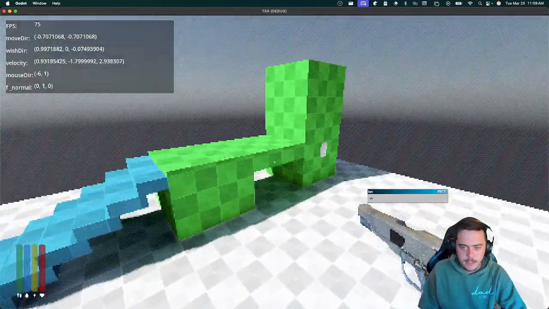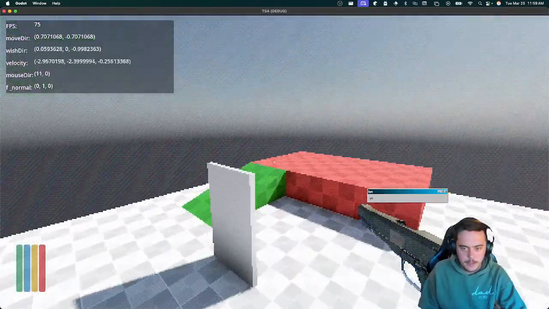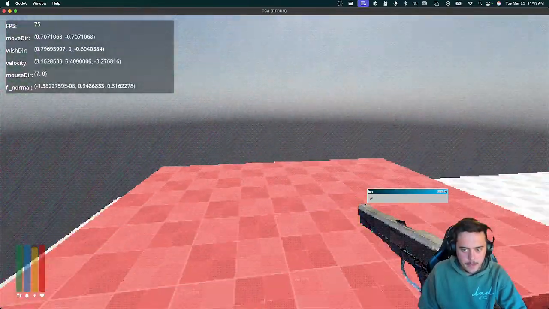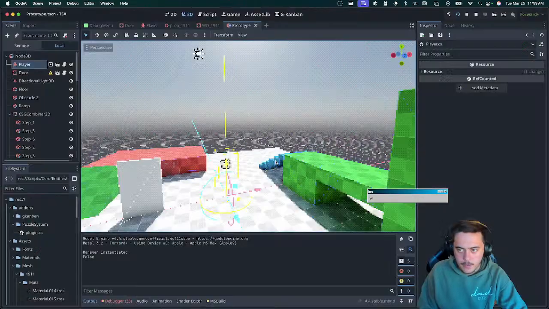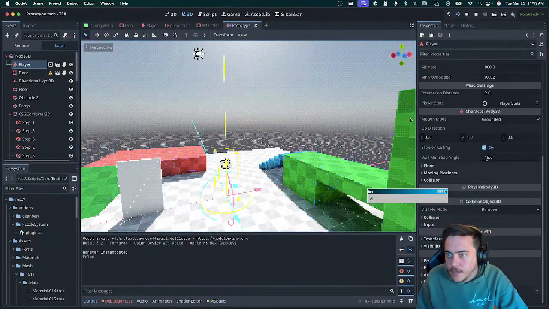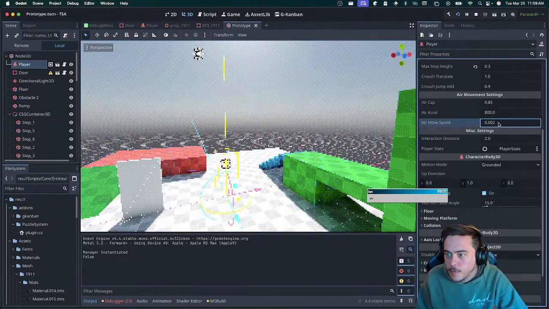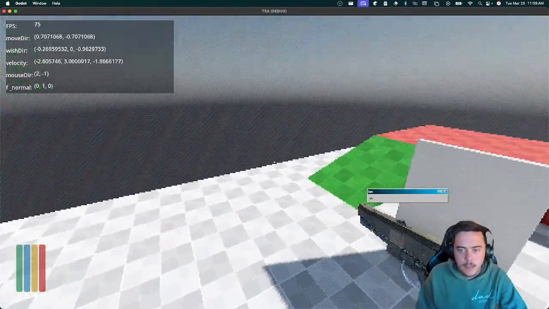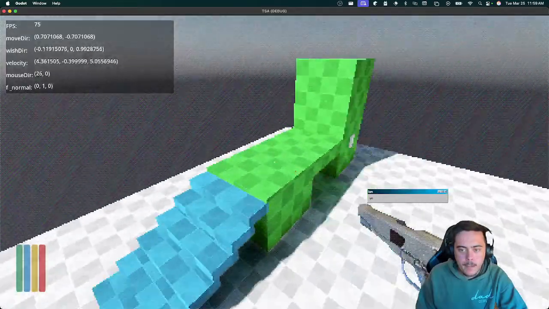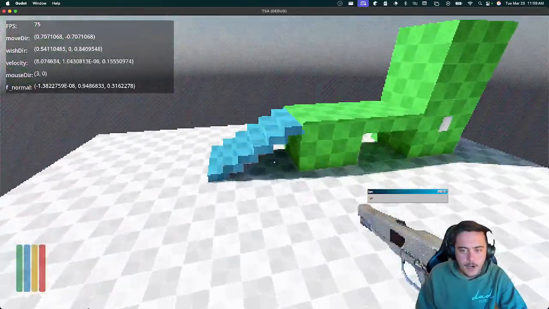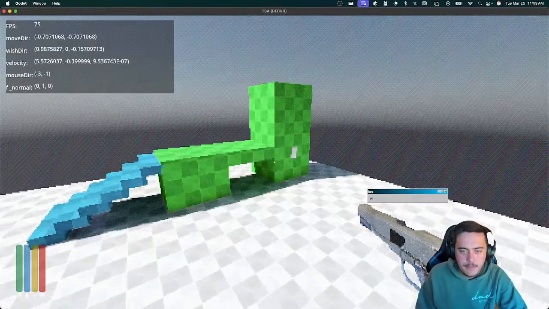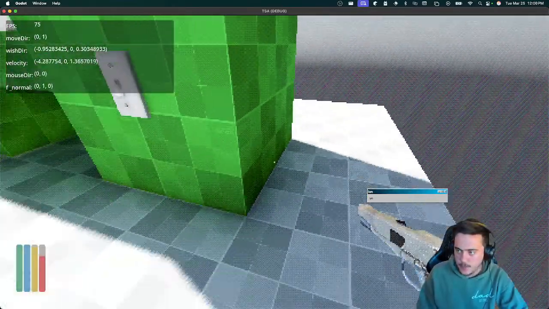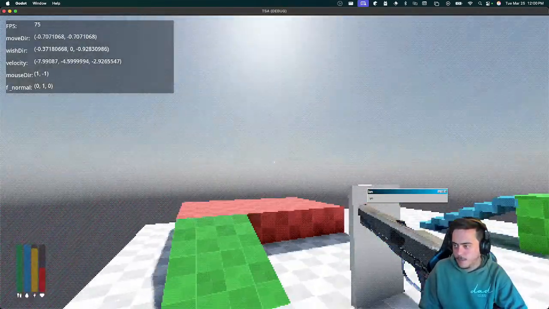And with this, just like CSGO, you can actually gain a little bit of momentum if I increase the air strafing or air movement. Bring that up here. You can kind of see it wanting to launch me a bit faster. And then there's also damage in here too, so I can walk into this invisible thing. So yeah, this is the stuff that I've been working on.